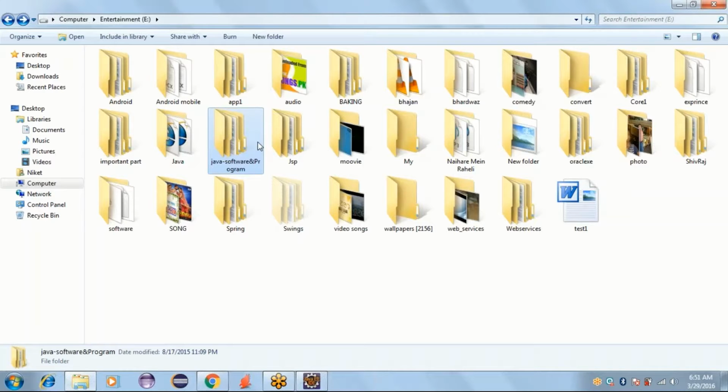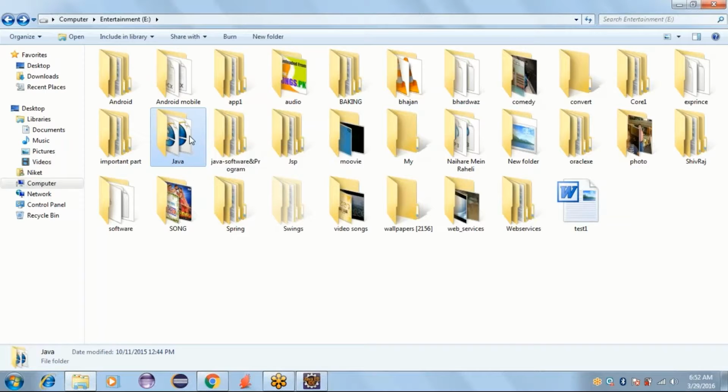Whatever utility software there is, it is always advisable to install it in the C drive, because once you format, the C drive folder will automatically be formatted too. But Java is development software, so I will suggest you try to install it apart from the C drive. Even if you format your operating system, the next version of the operating system will also work perfectly. That's the reason I have installed Java into the E drive itself. You can see this is my Java folder where I have installed